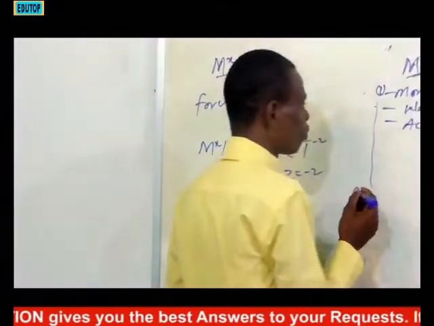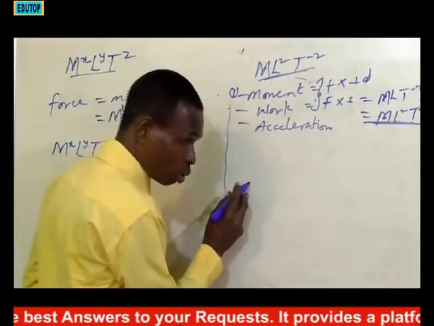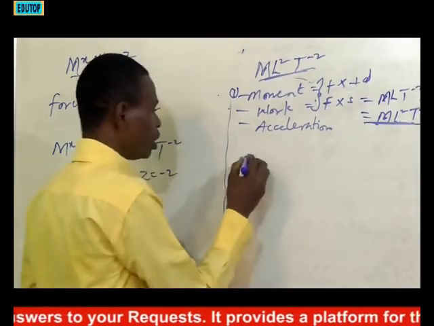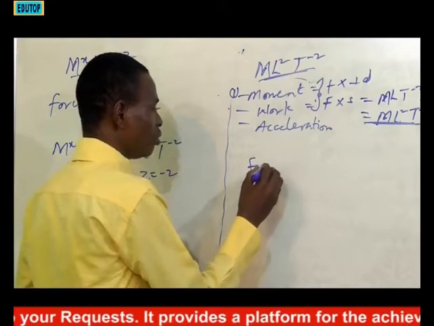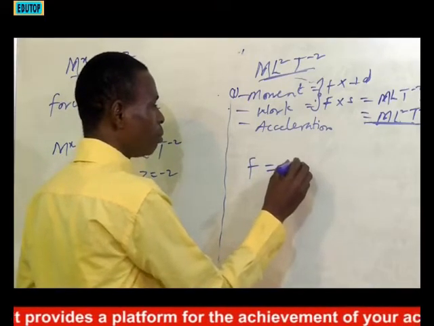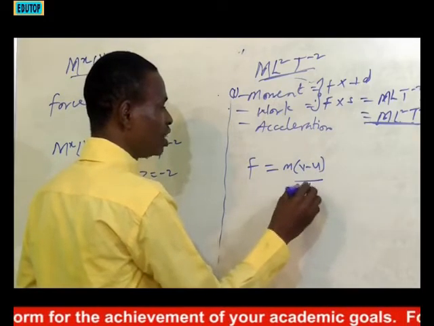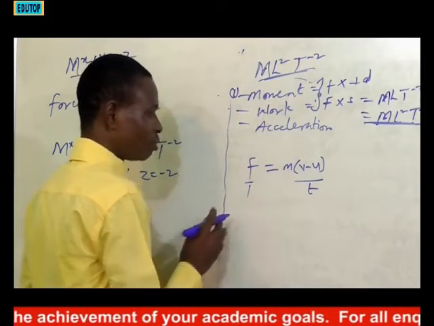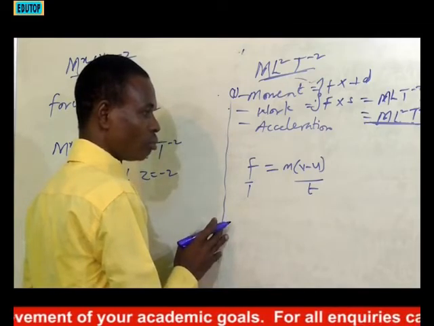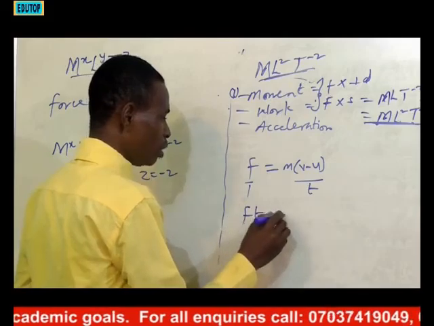Look at this. From Newton's second law of motion, you still remember that? F is equal to M into (V minus U) over T. F times T will be equal to